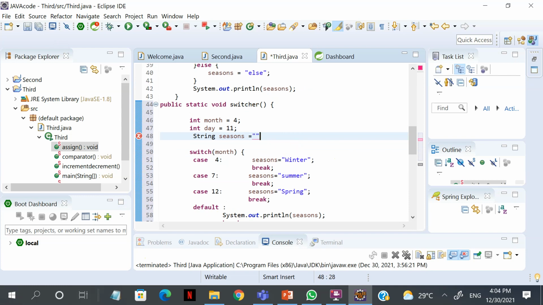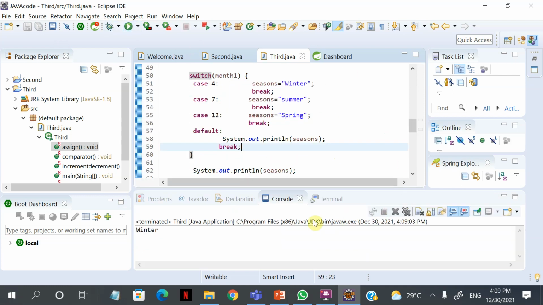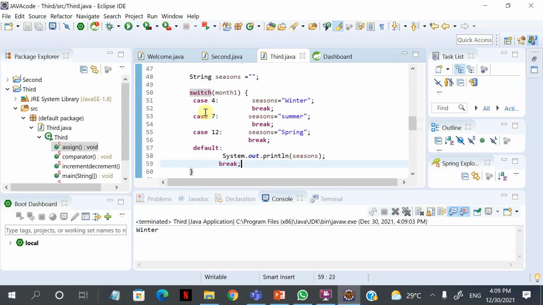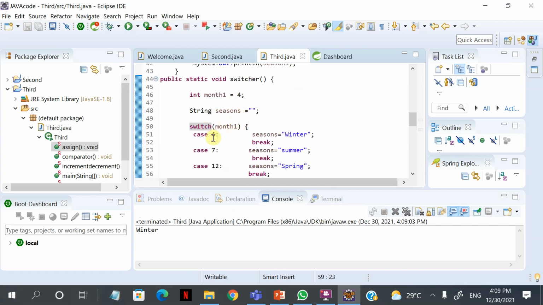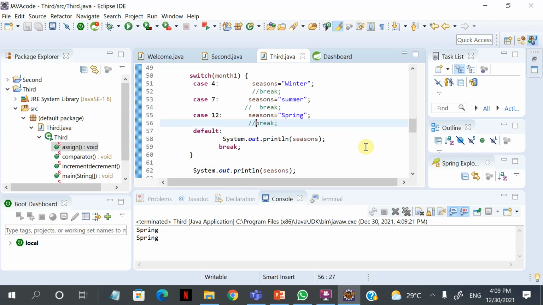So now if you execute this, you see that it shows winter, that is because it has gone over here and it has taken the month as 4 and it has printed this and it has come out of this. Now if I don't give this break, see what happens. Okay, if I don't give break, see it flows down the cases and prints the last one. It will keep on printing the season, it takes the last value and then prints it. So that's why you need to give a break. Okay, so that was about the switch case, break,